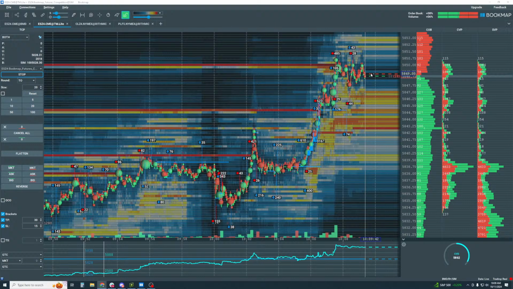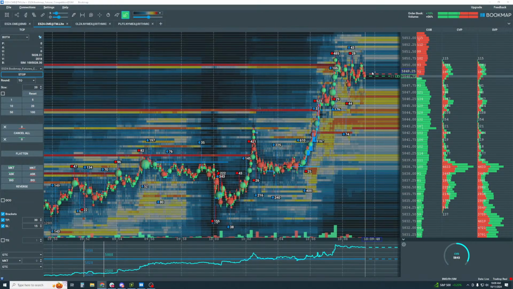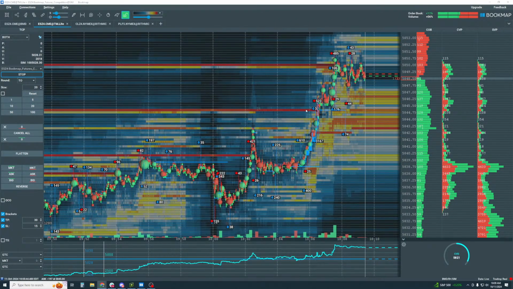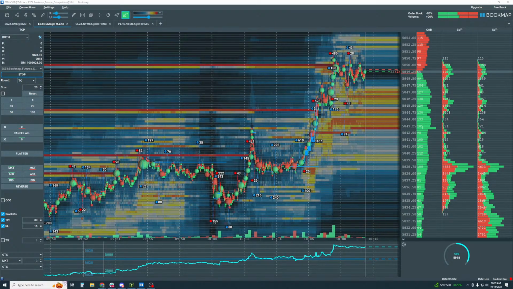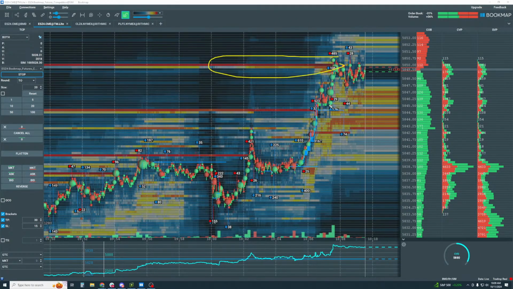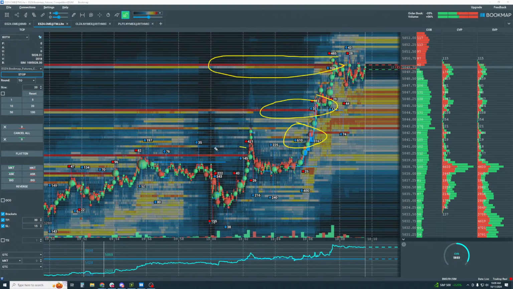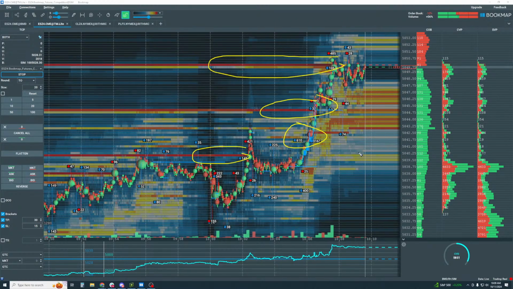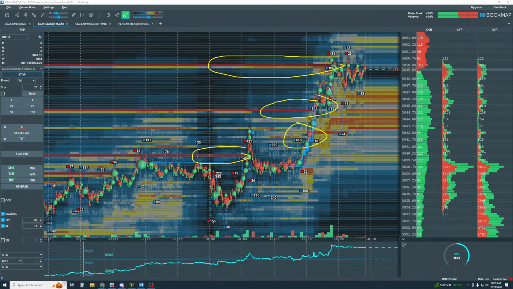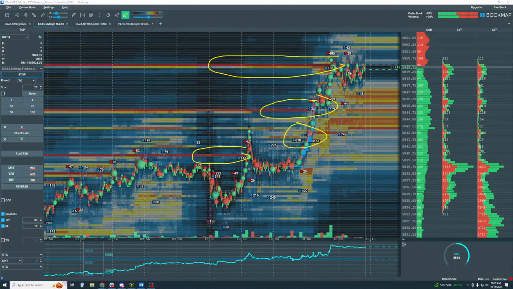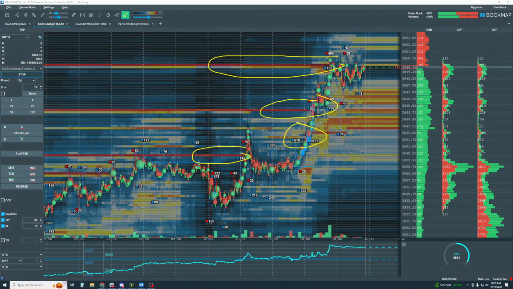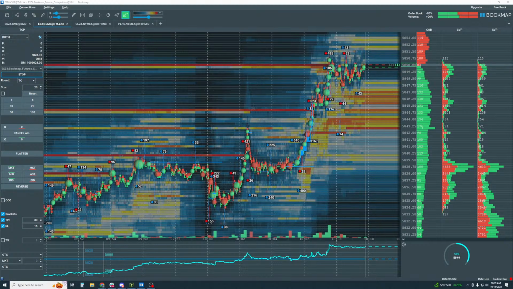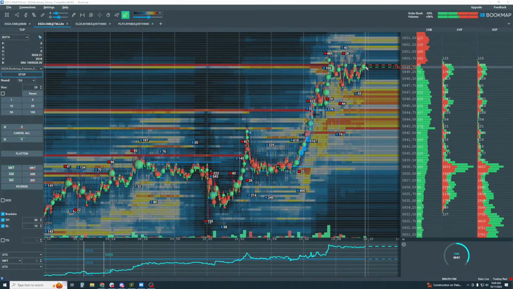We are looking for a pullback now, especially after trading through multiple levels of high liquidity. Here, and here, we know the transactions took place. We can take a look at them and see the big green dots into them. So this is where the demand met the supply, and then we want to see what happens after.